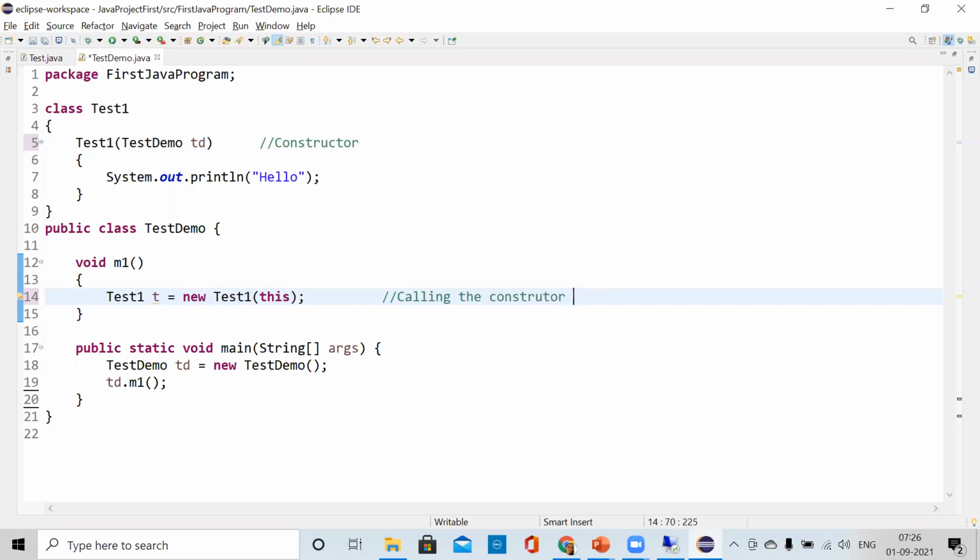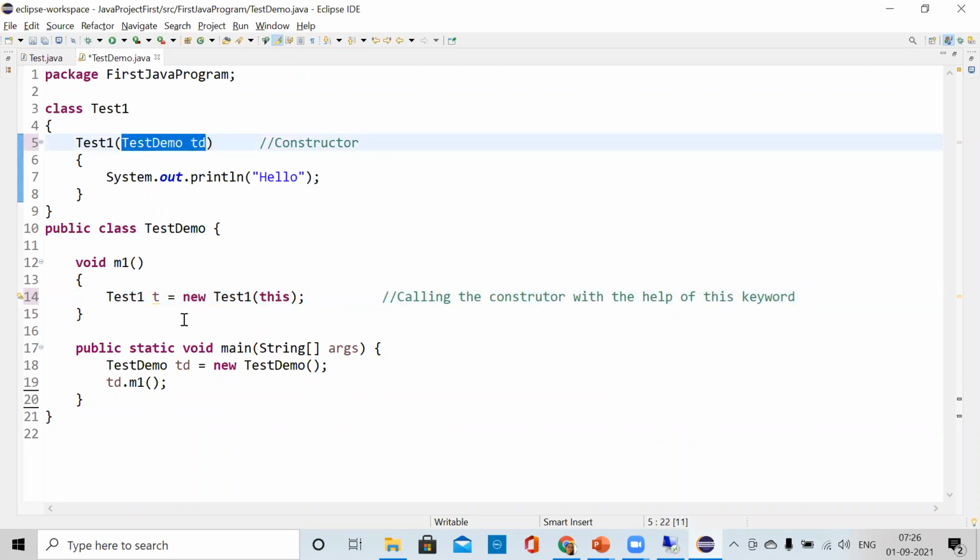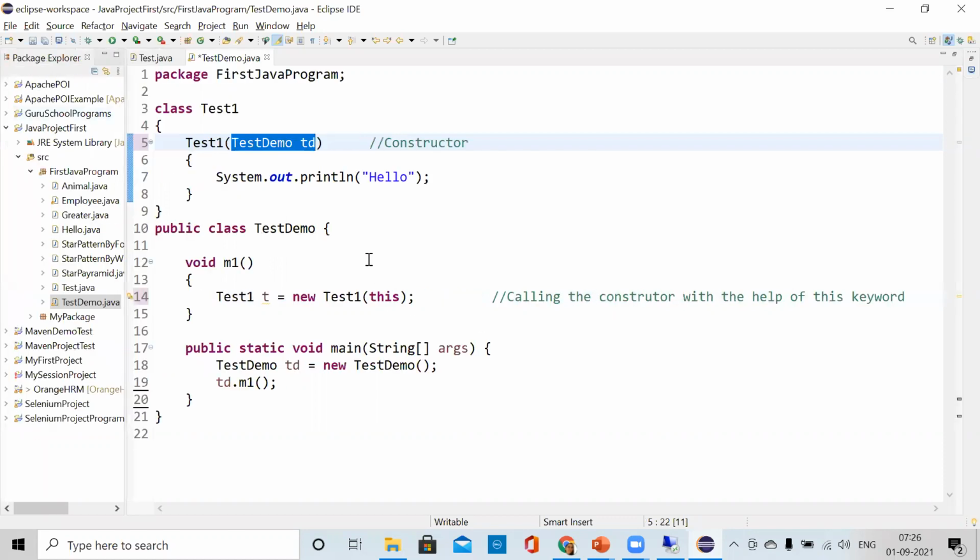This is just a use of the this keyword, that in this way we can call the constructor, or, as we have seen, other methods also.